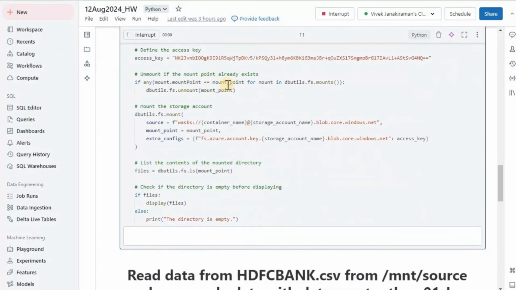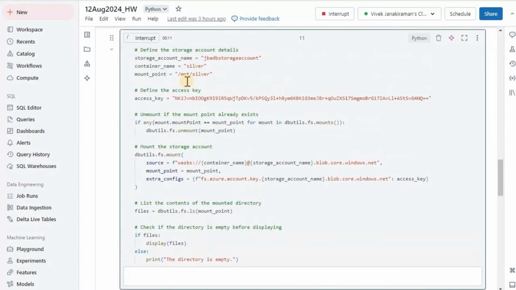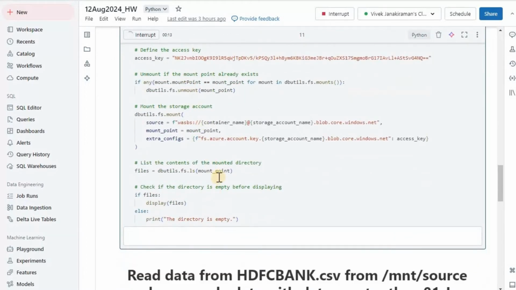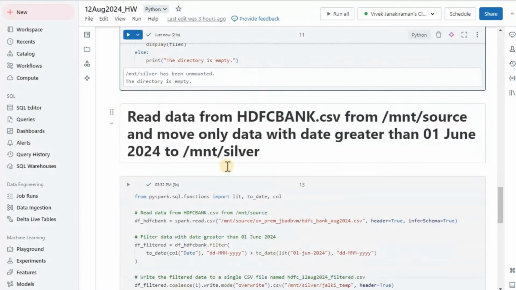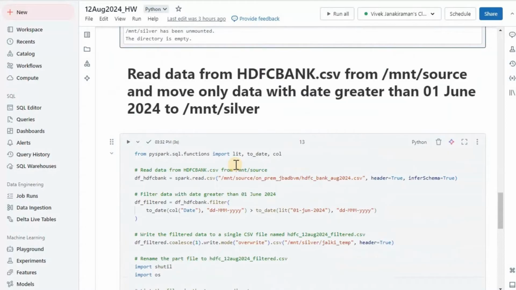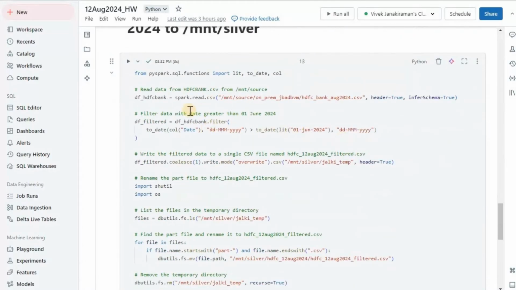In case this MNT silver is present, it will unmount it, and then it will mount it back. So as told, it was there, so it had to unmount this MNT silver. Now it will be mounting. So yeah, it is mounted, but there are no files inside it. Okay, now what I'm going to do is read this